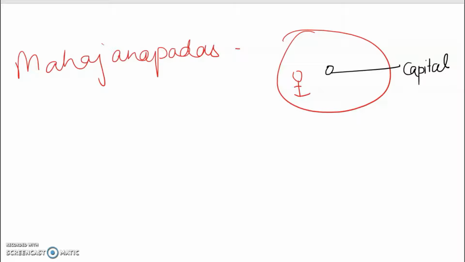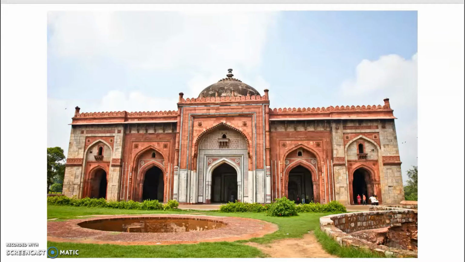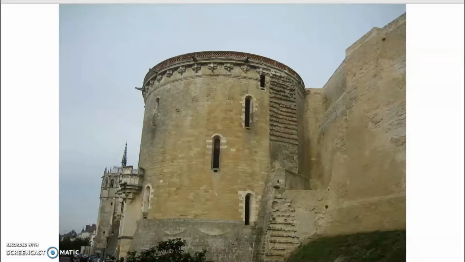Now, what was so special? Of course, it had influential buildings there, many of the very important buildings. Plus, all those buildings in the capital were right within a fortified place. Now, when I say fortified, it means there are so many walls that they used, and this provided defensive protection against all the attacks. Right? So when I say it's fortified, that means you're trying to secure the place.